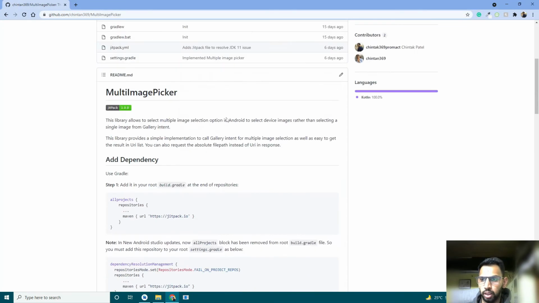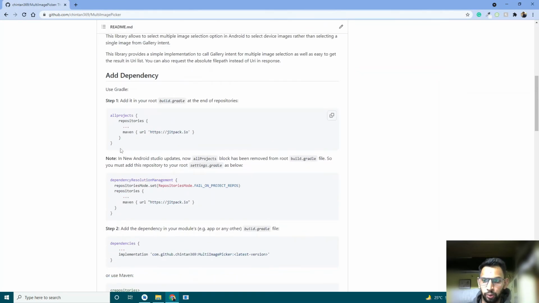So here I have mentioned that if you are using an old Android Studio and an existing project, and you want to use this library in that existing project, then in the root build.gradle file there will be an allprojects block, and in that repositories block you have to add this Maven URL repository of Jetpack.